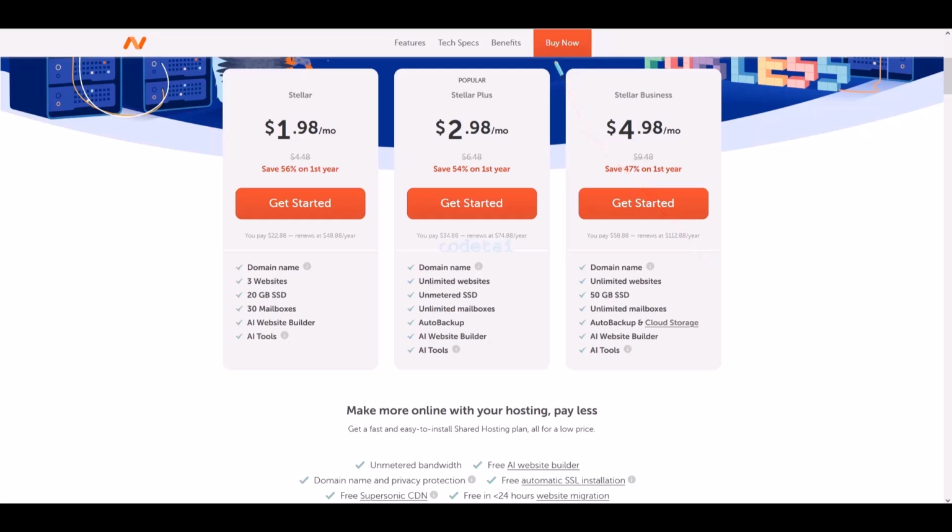However, my personal recommendation is to go with the Stellar Business Package, the third option. This package includes automatic backups and cloud storage, features that are essential for every website. Additionally, it comes with a free domain. To purchase the third package, click on the Get Started button.